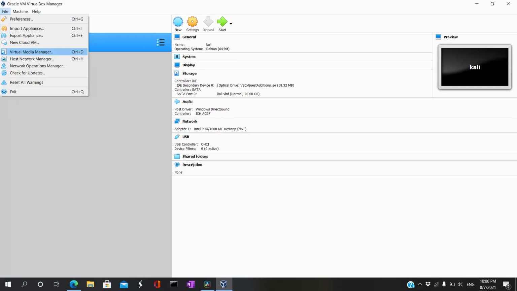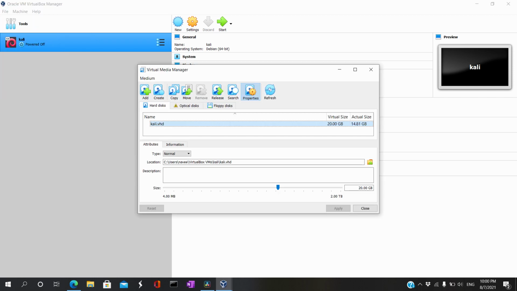As said, this is a temporary fix that I have observed, and probably the permanent fix would be increasing the storage space for your virtual disk. To do this, navigate to File and then Virtual Media Manager. Once you get into that, you can see we can dynamically allocate whatever space we think is enough for our virtual disk. So make sure that you provide enough storage space. Once that's done, press apply, and that should reflect immediately. So this will prevent the login loop issue that happens mainly due to storage unavailability.